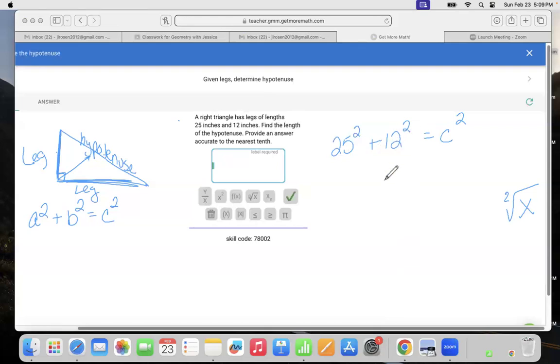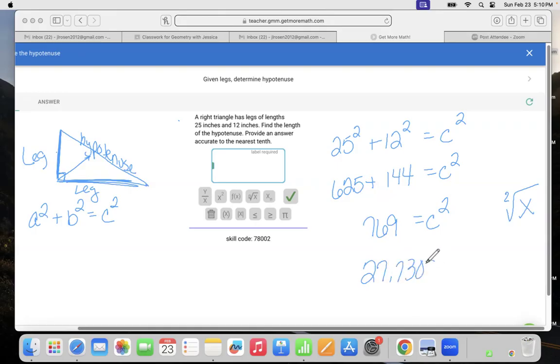So again, we already did 12 times 12, which is 144. I'm going to put 25 times 25 in my calculator, or 25 squared gets me 625. And we know that we're going to add those together. So that gets us 769 equals c squared. Okay. Again, c squared means what number times itself, which is technically a square root, right? So we're going to find this button here, and we have 769, hit that button, and that gets us an answer of